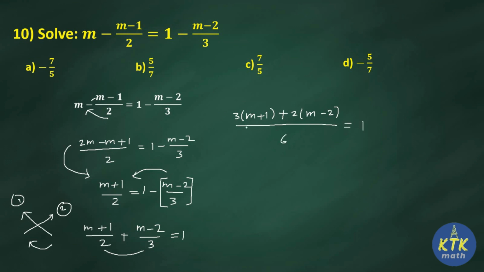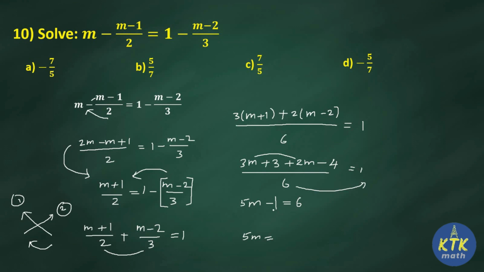So now multiply inside, 3 into m is 3m, 3 into 1 is 3. So these kind of challenging questions only will be there in your competitive exams. Okay, but simple step by step if I am solving, means I will get the answer easily without any errors. Okay, so 2 into m is 2m, 2 2s are 4, entire denominator is 6. Okay, equal to 1. Now start solving like terms. 3m plus 2m is nothing but what, 5m. 3 minus 4 is minus 1. Directly I am writing this 6 to right side. So multiply. 6 is divide denominator. So 6 into 1 is 6. So 5m equal to 6.